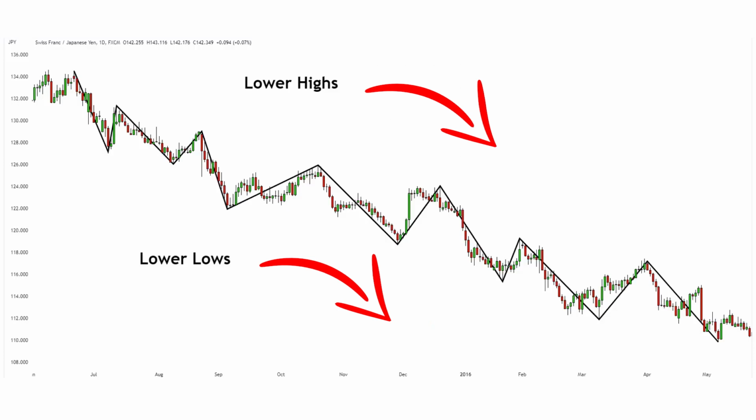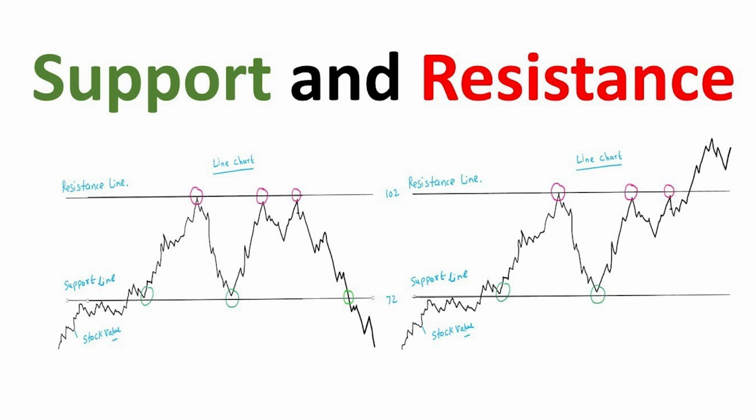By looking at simple highs and lows in the price chart, we can now move on to a different use of highs and lows, which is to help in the identification of support and resistance levels. Support and resistance levels are horizontal barriers in the price chart. These barriers can be useful for identifying reversal points in the market. When price is below a barrier, we call it resistance. In this chart, you can see an example of